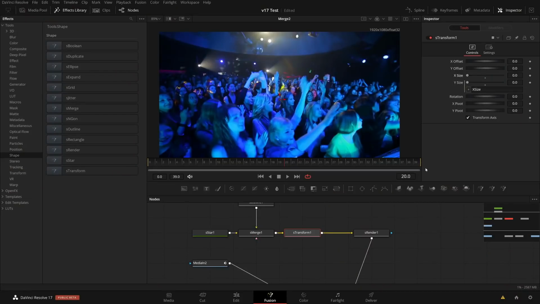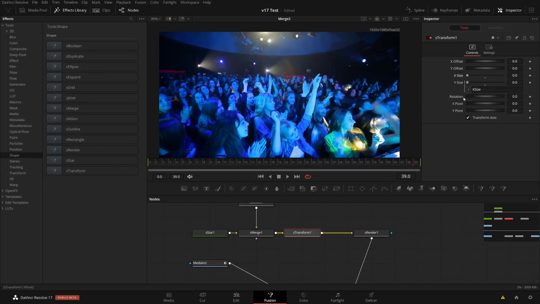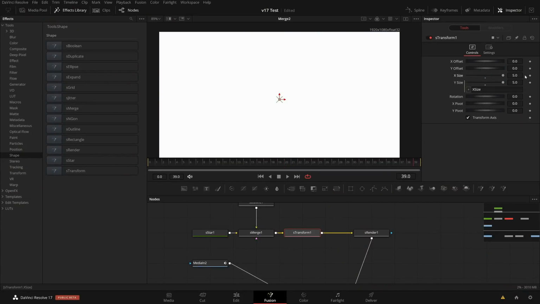Now the traditional approach would be to just hit in keyframes, so I can make a keyframe at frame 0 and another keyframe at the end. The problem with that approach is that your keyframes are dependent on the frame numbers, right? So if you change the duration of your transition, then your keyframes will stay where they were before.